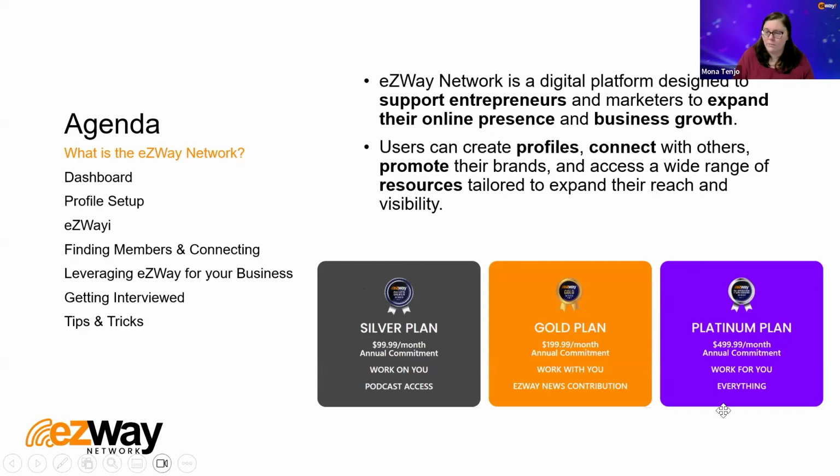Depending on your plan, you may have different assets, right? If you are a premium member, then obviously the work is done for you. That means you get a lot of support, a lot of extra resources that come with it. While if you have a gold plan, we work together, right? And if it's a silver plan, you still have a lot of access, but basically you start working on you, meaning you start growing your business, you start getting more reach, but you will do more of it yourself. The higher your plan is, the more will be done for you, okay?